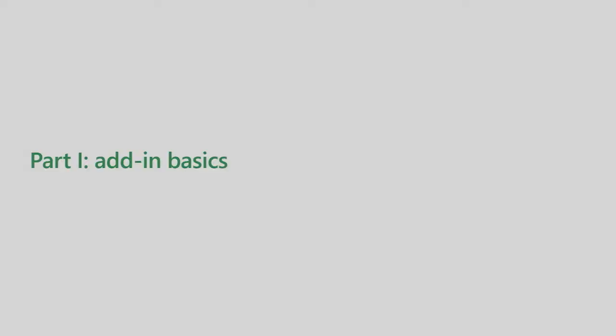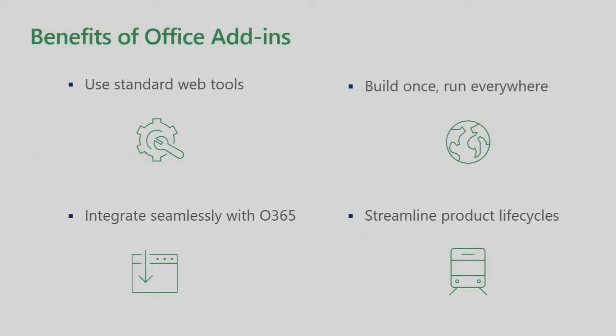So I want to make sure that we all level set what it is that the technology does. There are 4 characteristics that help you identify what a modern add-in looks like. The first thing is that it's built using web technology, right? So JavaScript or some version of Java is typically what you are using to create these add-ins.